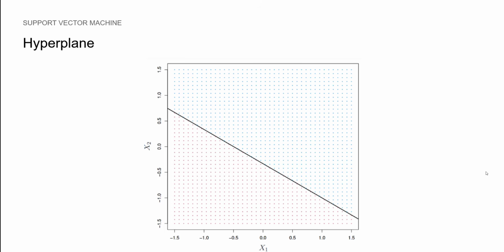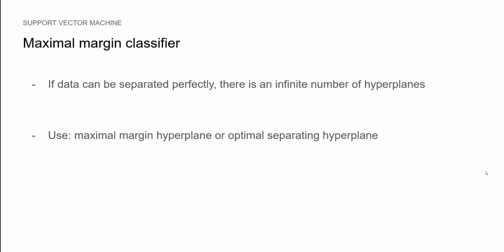Now here is an example of a hyperplane in 2D, which is represented by the line. If an observation satisfies the equation we just saw earlier, then the point is on the line. Otherwise, it is above or below the hyperplane. Now realize that if data can be separated perfectly, then there is an infinite number of hyperplanes, but we only